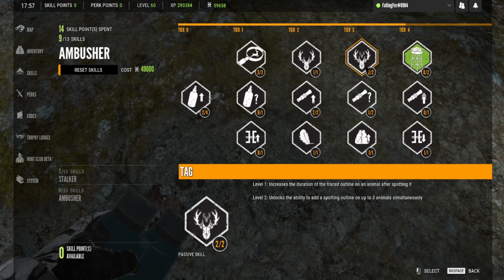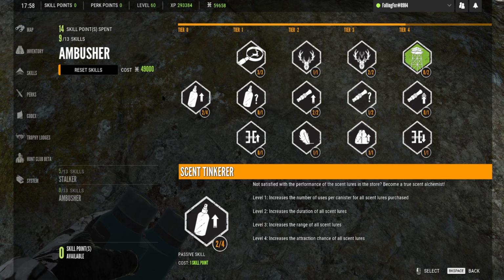And the last thing in Ambusher that I do highly recommend everyone probably will want will be the pack mule skill. Now, this increases your carrying capacity by 15%. So instead of 20 carrying capacity, you'll now have 23. Yes, we all understand you can have backpacks, but if we jump into the backpacks,